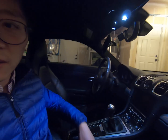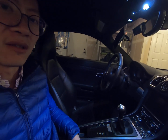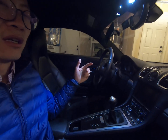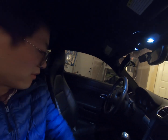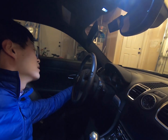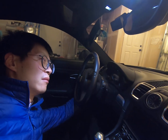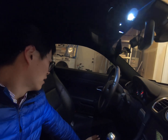And I'm getting in from the passenger side because the driver's door is kind of stuck from the accident. Well, the door isn't stuck, but the quarter panel has been pushed back slightly and is blocking the door. But let me show you what I did to solve that problem with the seat. So ideally, like on my prior track cars, I had bucket seats. But I didn't want to go that route yet with this car, and so